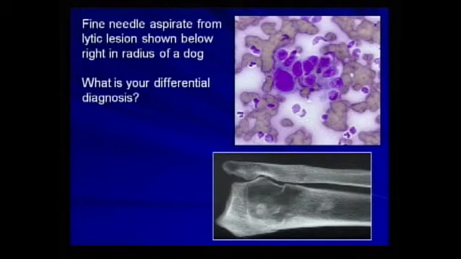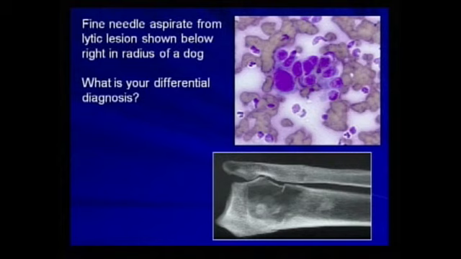We're looking at the radius of a dog, and you can see there is a large lytic lesion in the distal radius. One of the things that is extremely important in our practice is to make sure that you get x-rays when you're dealing with bone lesions. I see a large lytic lesion. I see minimal proliferation. And then the aspirate,